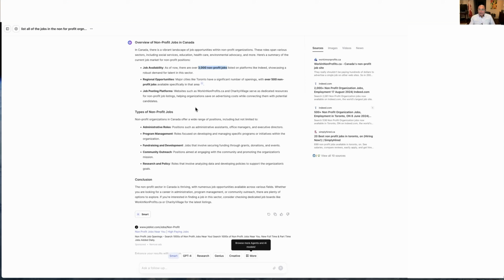We also have another category of jobs in the non-for-profit sector, which is fundraising and development. These are jobs that involve securing funding through grants, donations, and events. So if you have any experience writing grant proposals, or if you have experience in creating programs that will allow people to give donations to your organization for your humanitarian cause,